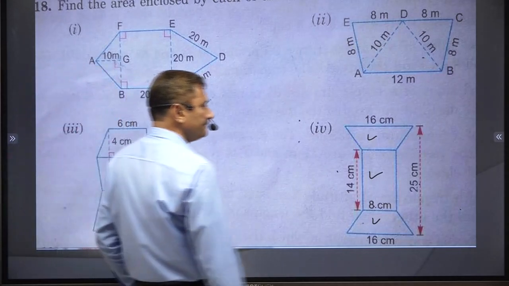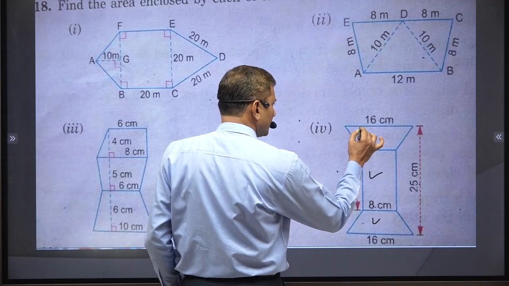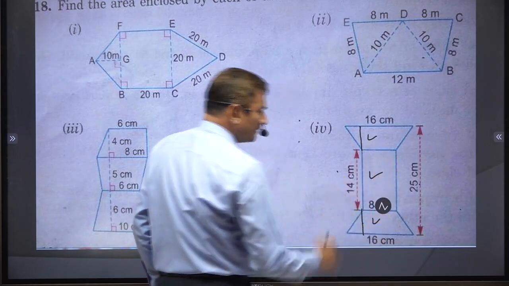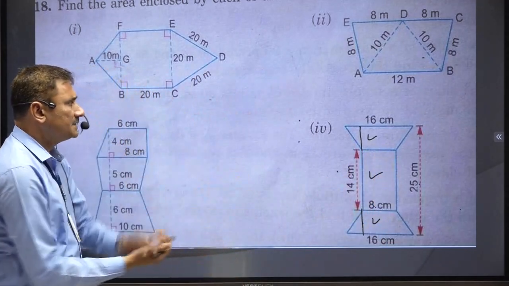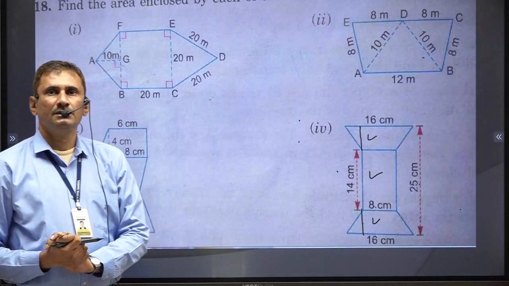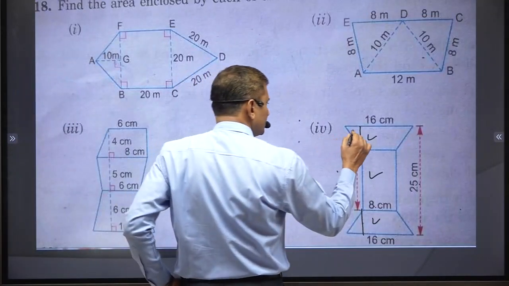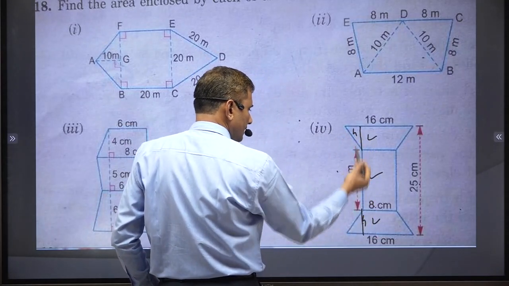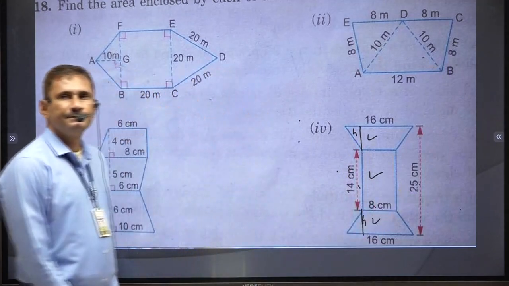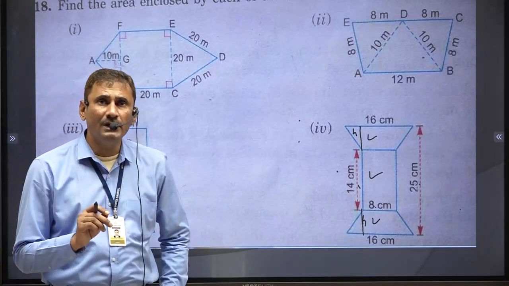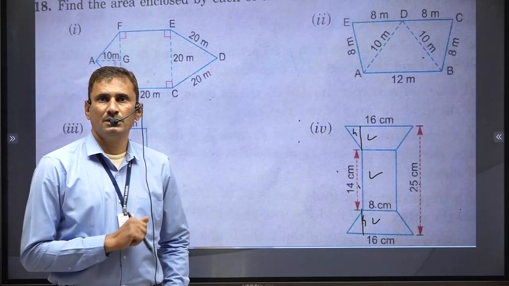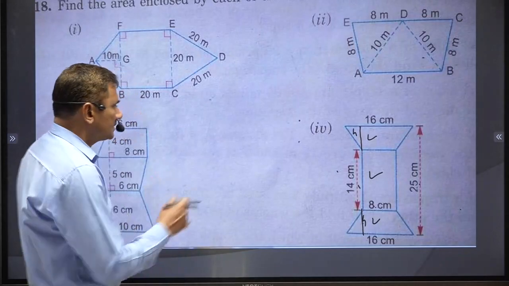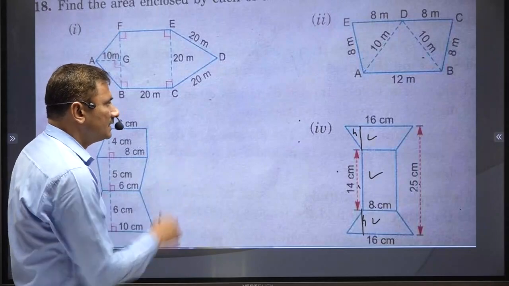Now how to find the height? If you draw an extra height that way and here also, then obviously both are equal. Both end trapeziums are equal. So if I say here an altitude and here also an altitude, then total of 14 plus altitudes equals 25. That way I will have the value of each altitude. After getting the altitude, I can find the area of both. So let's see first how to find that altitude.